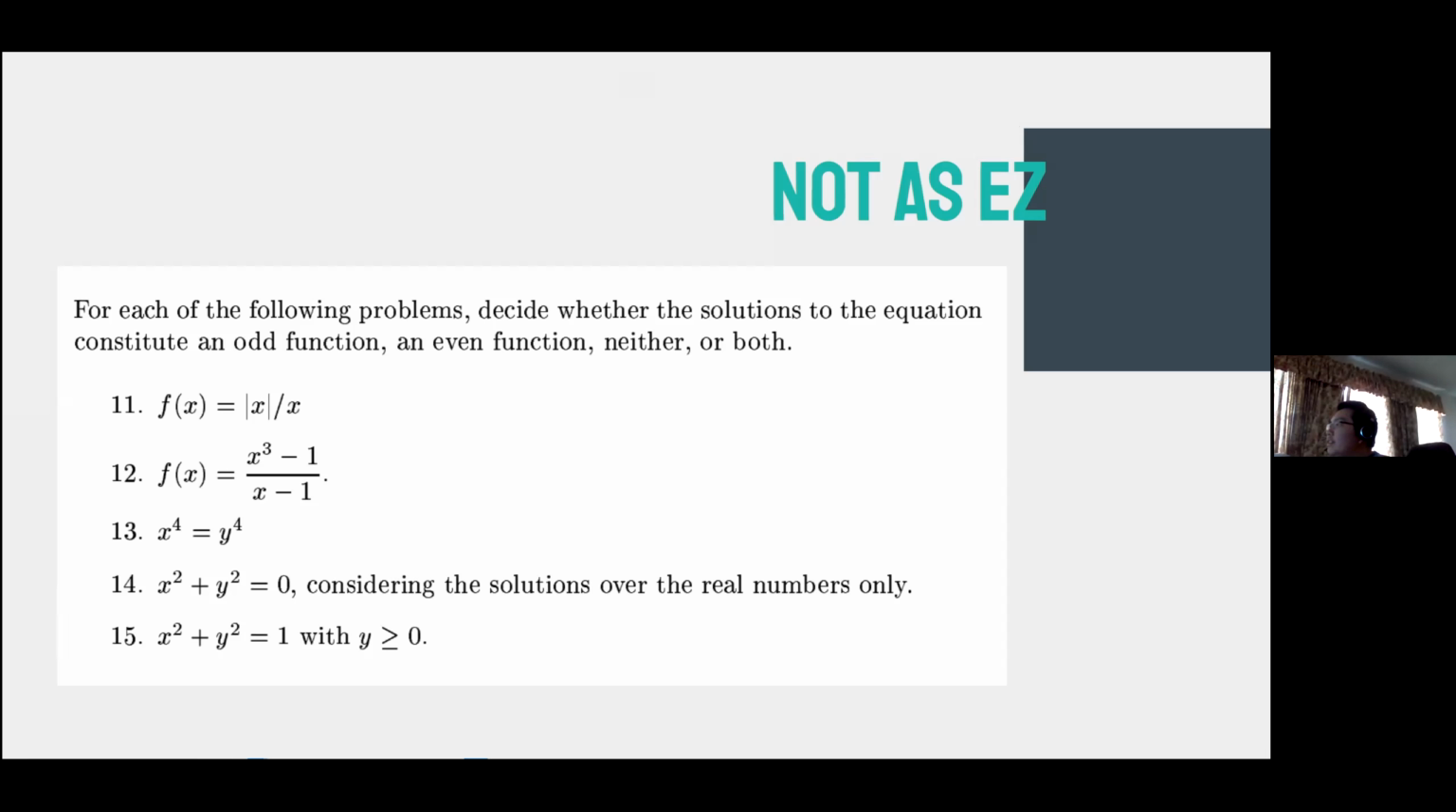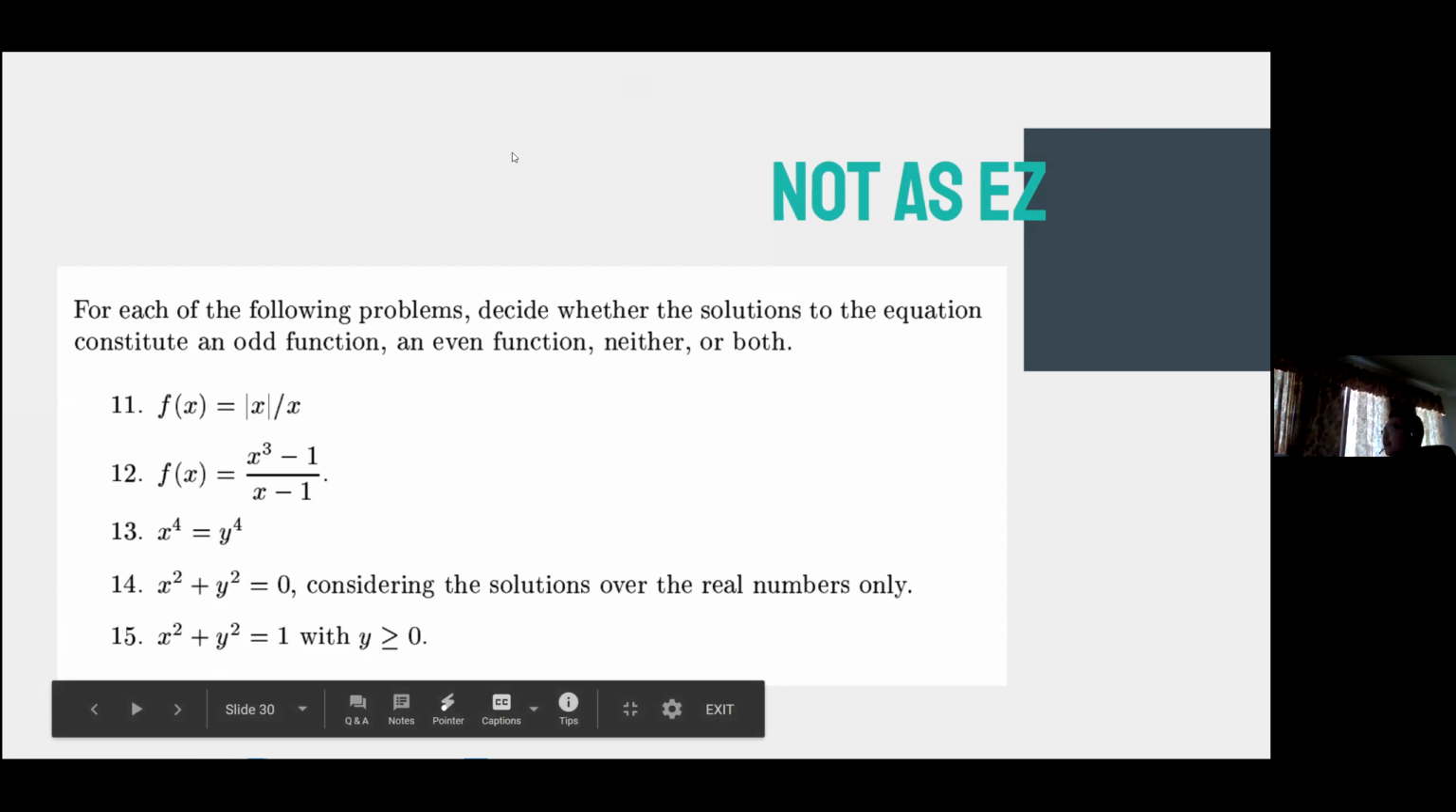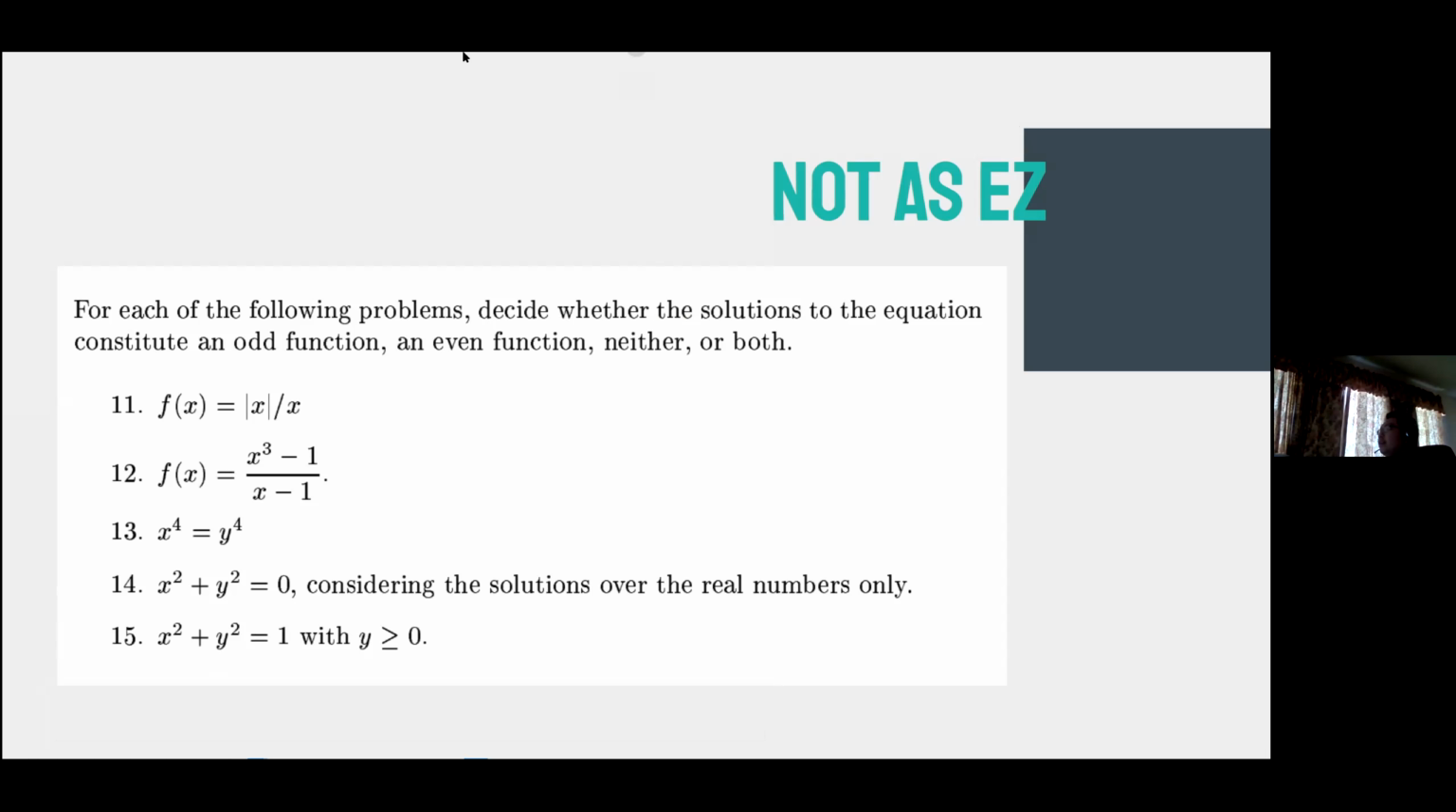Why is it even? The reason why it's even? Just kind of guess. Cool. That is a very good guess. Very good guess. And you're definitely right because